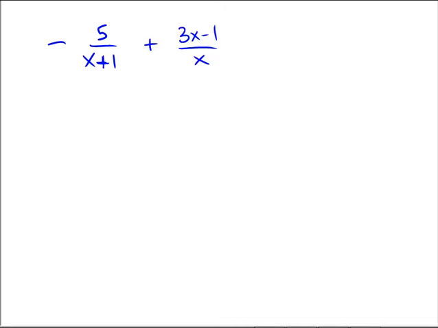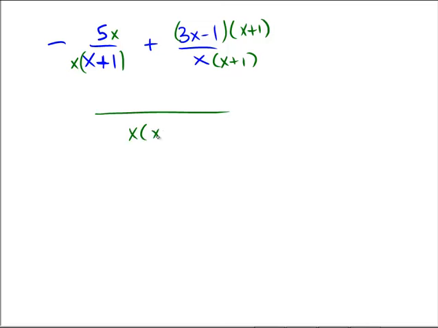So how about for this one? Negative 5 over x plus 1 plus (3x minus 1) over x. Pause the video, see if you can try this on your own. And assuming you gave it a shot here, I'm going to introduce on the right an x plus 1 as needed, and that has to go top and bottom to maintain equality of fractions. And then on the left hand side I'm going to introduce just a single x. I'm going to write it at the back this time so it looks prettier. So now we have over x times x plus 1